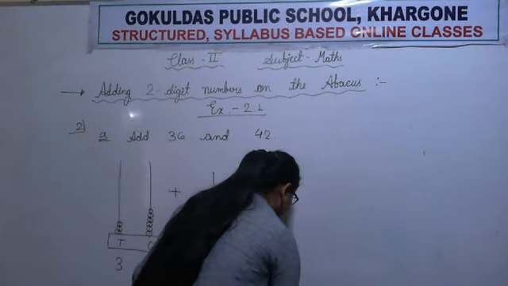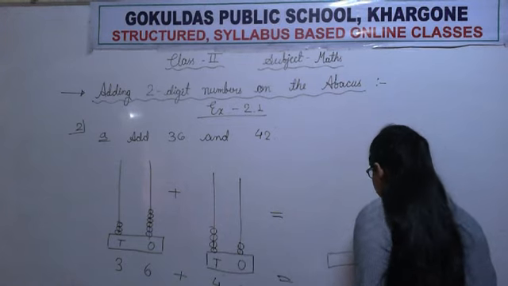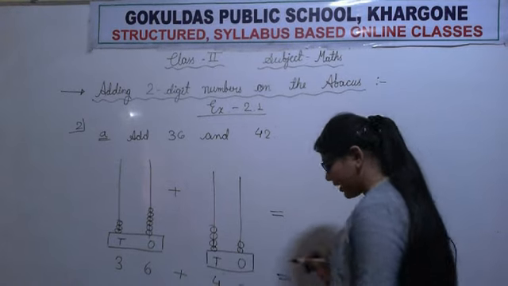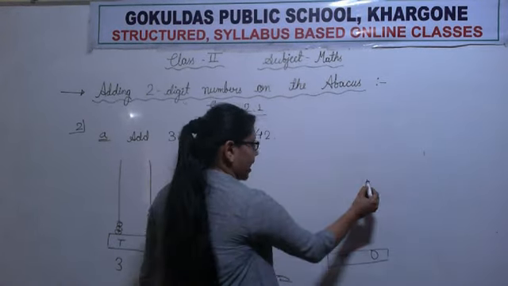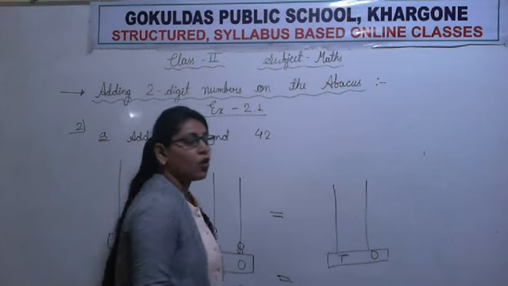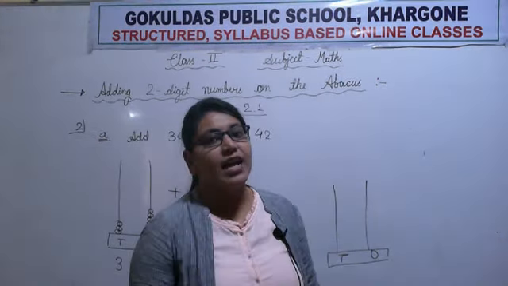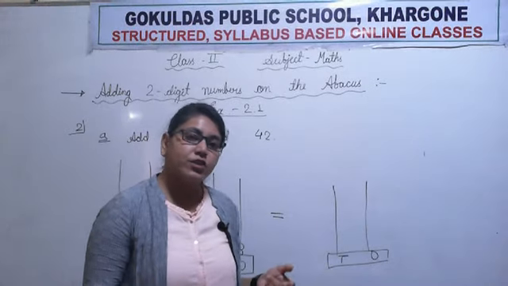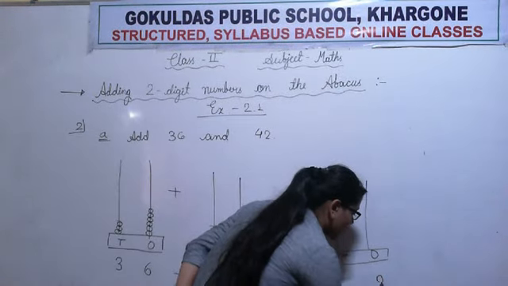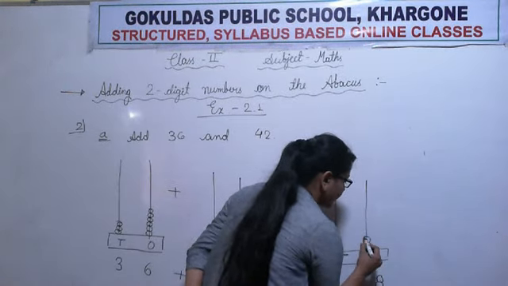We will add them in the third abacus. So let us make the third abacus also. 1 spike and 10 spike. So how we do it is we add ones and tens. 6 beads plus 2 beads. 6 plus 2, 8. Very good. So 8 beads: 1, 2, 3, 4, 5, 6, 7, 8.